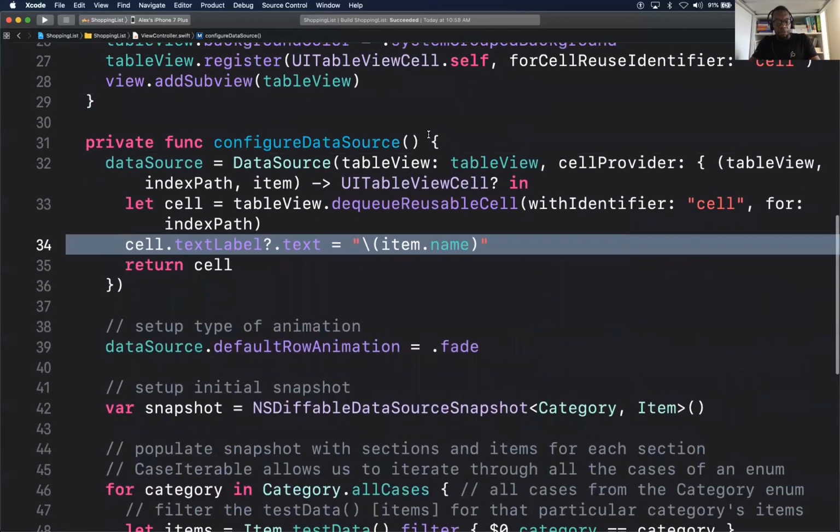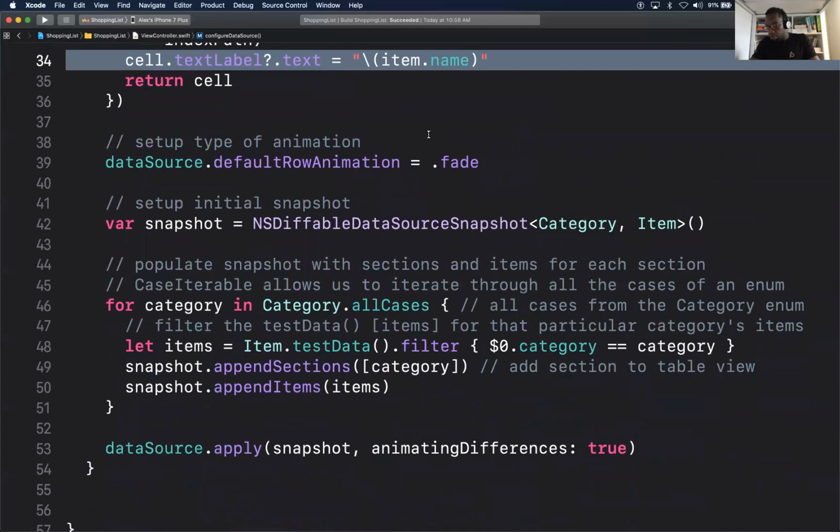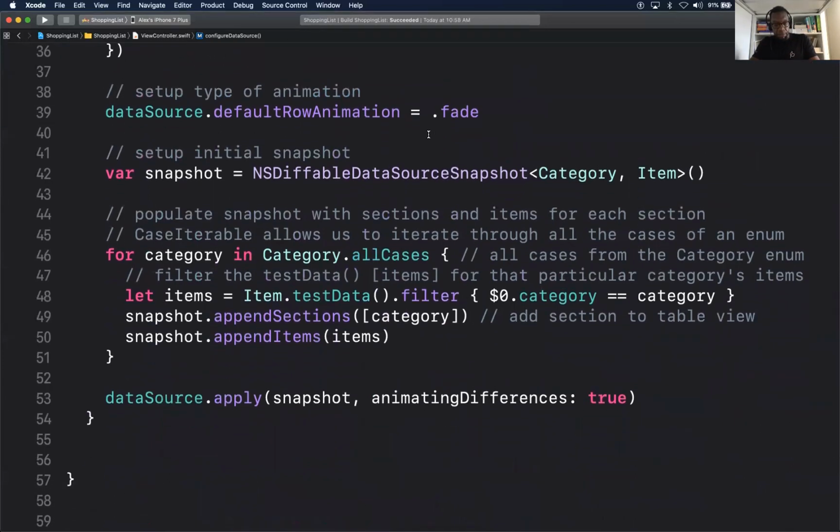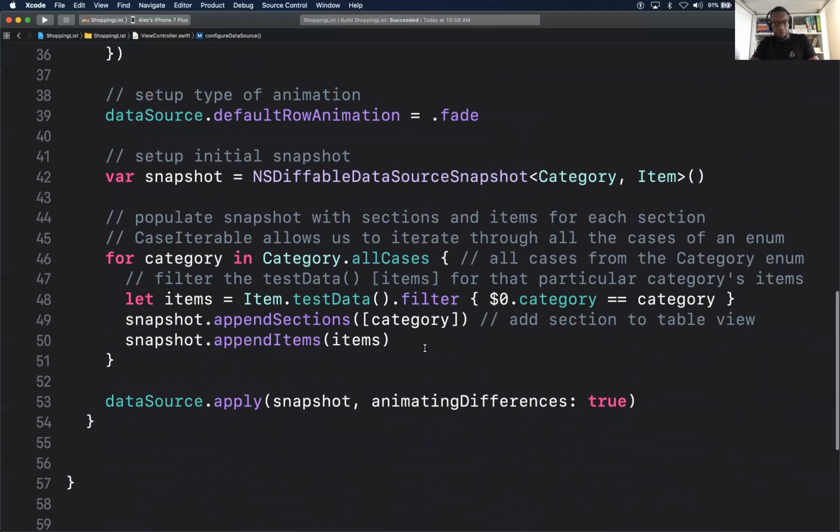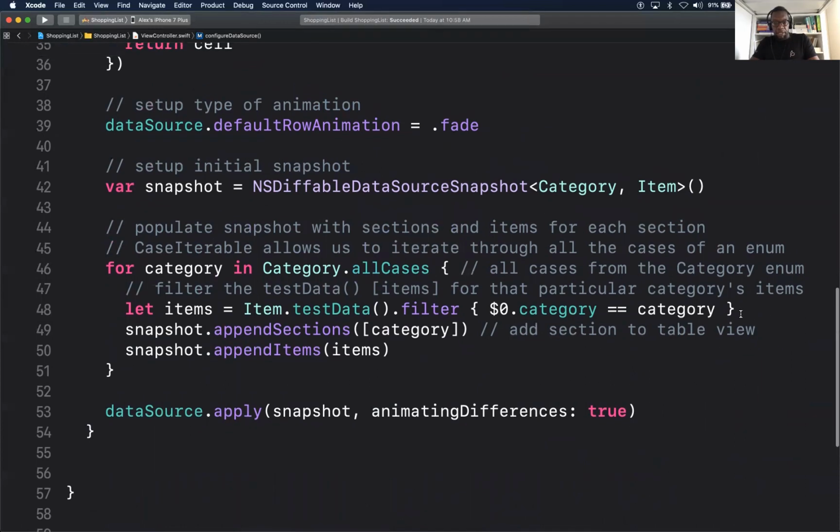I have a question as well. Yes, sir. So for the snapshot, do you have to append the section before you append the items? Yes, section first, then items for sections. I think there's another function that has another parameter that allows you to append the item to the section.